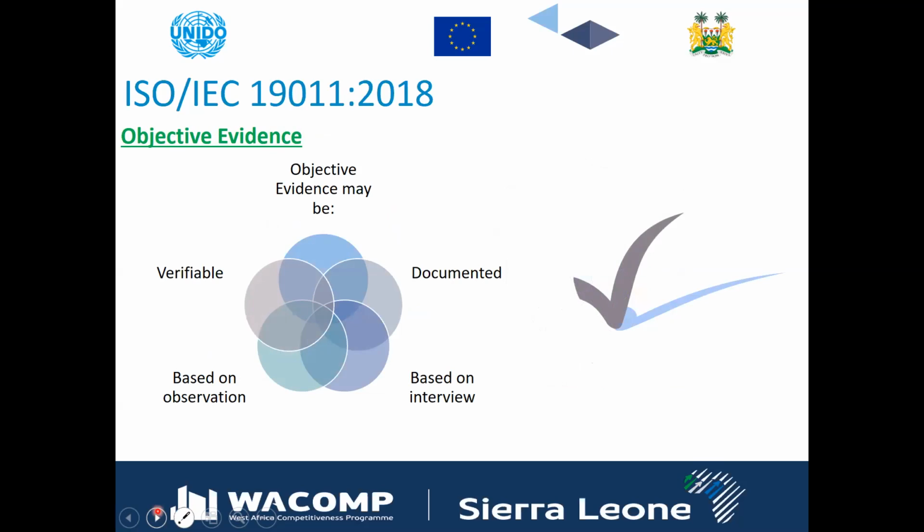Objective evidence: definitely when you are writing your report and when you are conducting some of the interviews, and you have found that these are not good things or these are good things, you have to write the document number, the procedure number, maybe the equipment number if there is one, and you have to write the name of the person who is operating. These are the evidence you can write, so that when you are talking in your closing meeting, you must be able to give the reference, and that reference is the evidence basically.